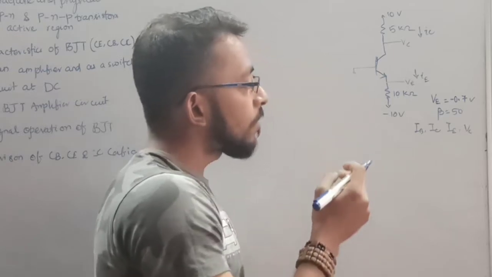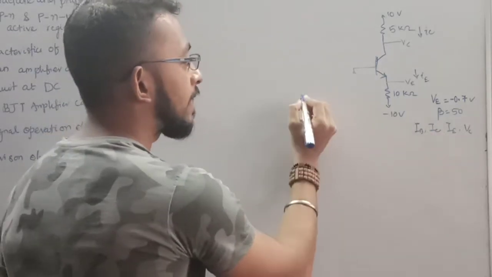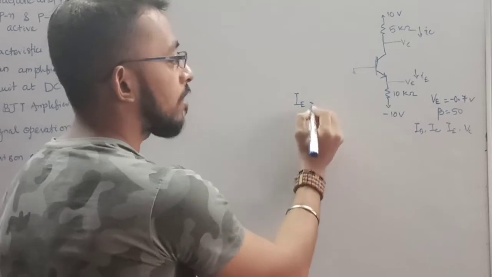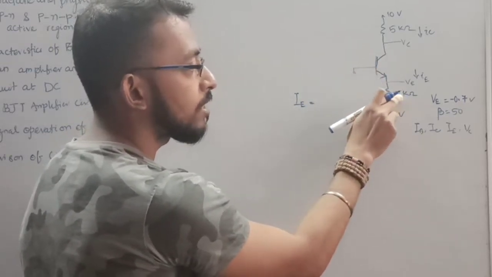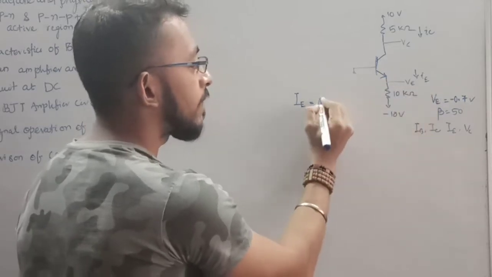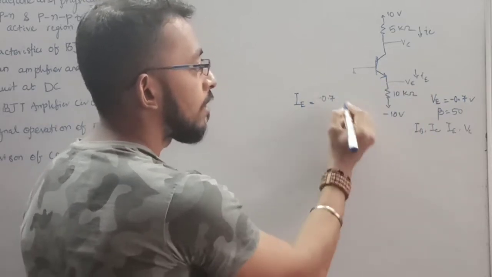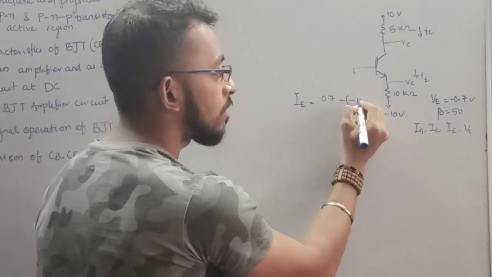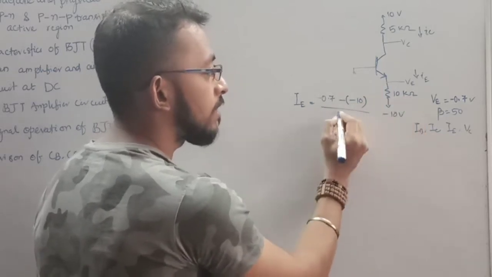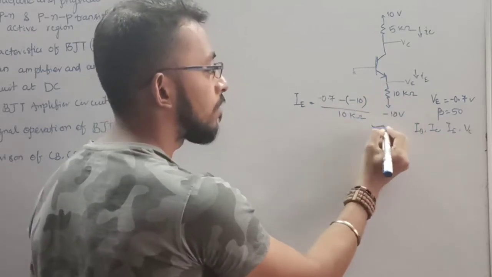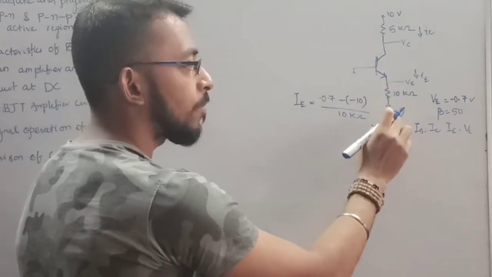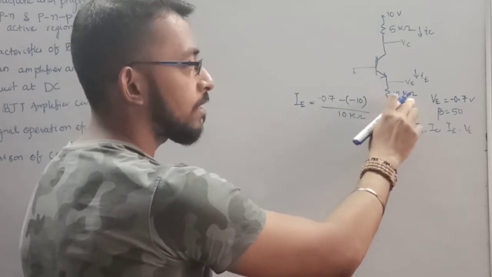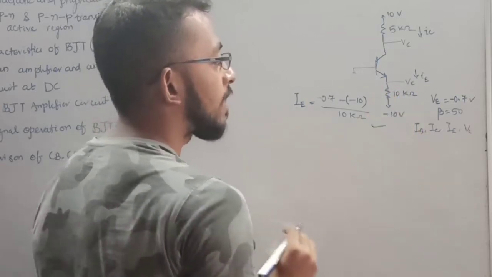Okay. So let's start from IE. How to find the current across the emitter, which is nothing but this voltage minus this voltage upon this resistor, and this voltage is already given, that is minus 0.7, minus of this voltage, which is nothing but 10 volt, divided by this resistor, which is nothing but 10 kilo ohm. Okay. So this is the easiest one that we found, IE, this voltage upon this negative supply divided by this resistor. This is IE.